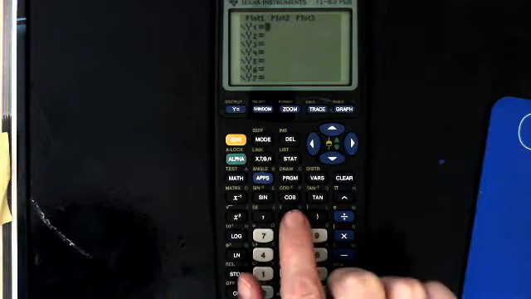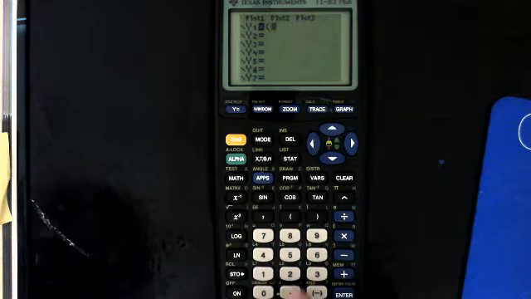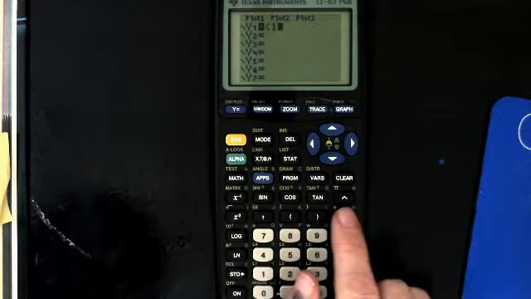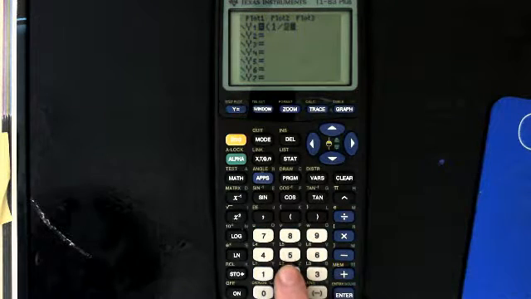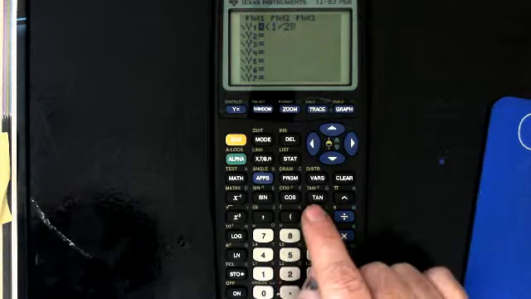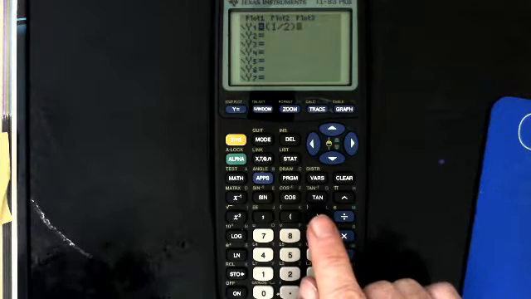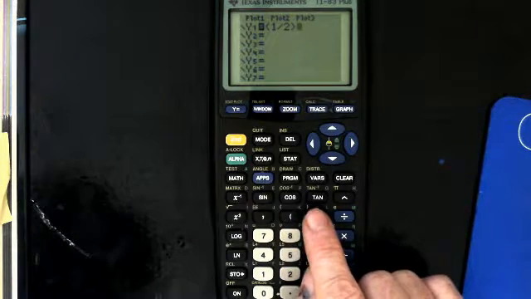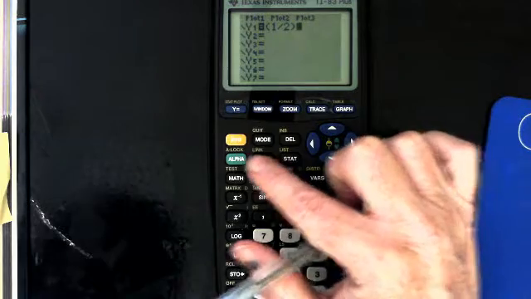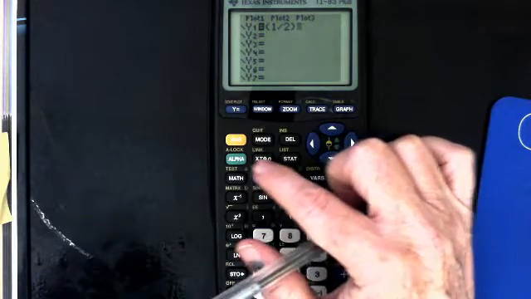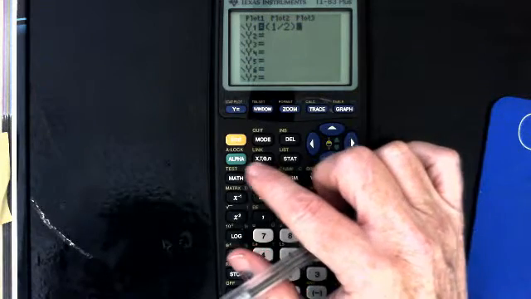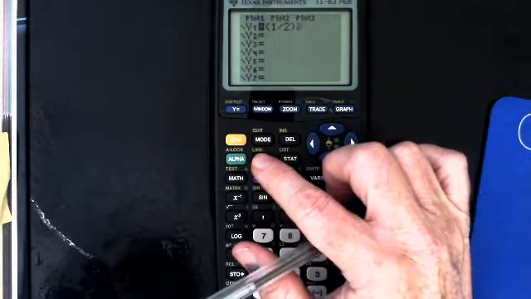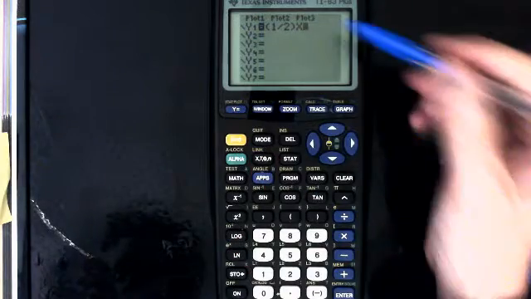It says to press a parenthesis, and then a 1, and then divided by, and then a 2, and then another parenthesis. So that gives you your 1/2. And then it says press this key right here. This is where you're going to find the x that you want to use. Sometimes it's a T, sometimes it's a theta, sometimes it's an N. But for you right now, if you just hit it once, it'll be an X,